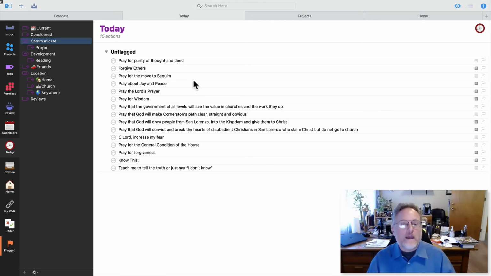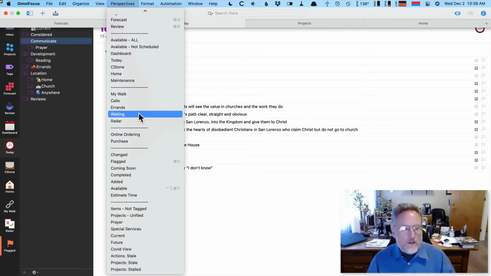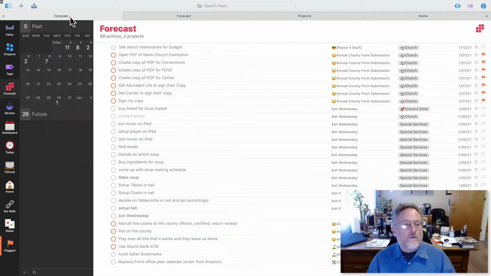And OmniFocus gives me the flexibility to make a perspective to display my lists any way I want. These are the 4 main perspectives, but I got like 20 of them. I don't use the forecast calendar much, but it is good to go here and just scroll and say, so what's going to hit me around Christmas? Oh, I'm clearing my schedule. And then in the future, I've got all those things.